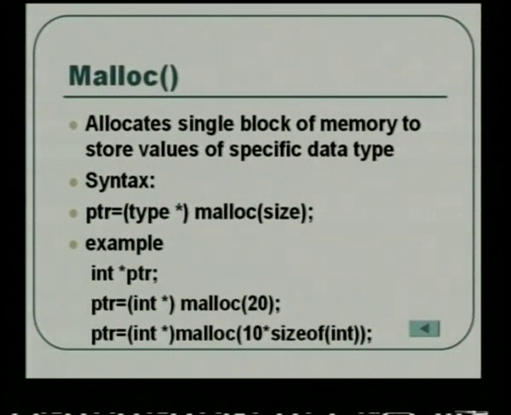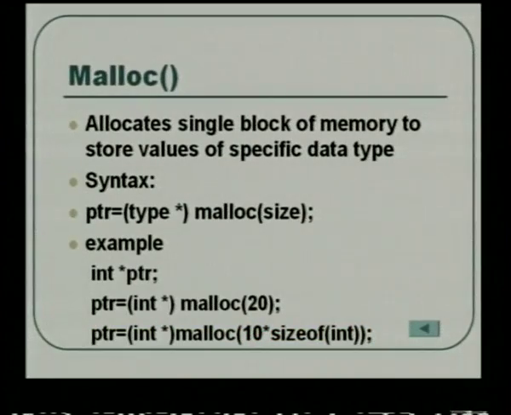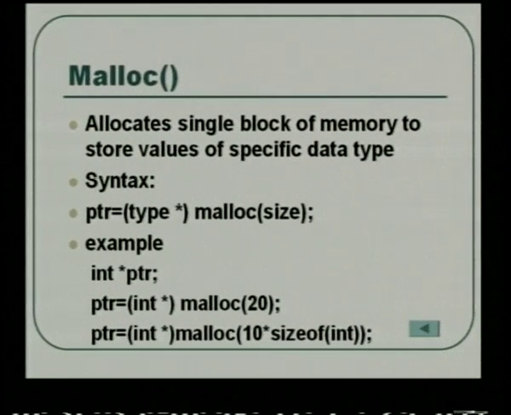If you do not want to explicitly mention the size as 20 or 40, the second example can be followed, like how many variables of type integer. The same concept is used, only within brackets you tell the data type plus the number of variables of that data type. So, if there are 10 variables, 10 into sizeof int. Instead of you calculating the total number of bytes, the compiler will calculate it and allocate the memory. So, both ways you can allocate memory with the malloc function. Malloc is nothing but allocating memory for a specific data type, and this is the syntax.